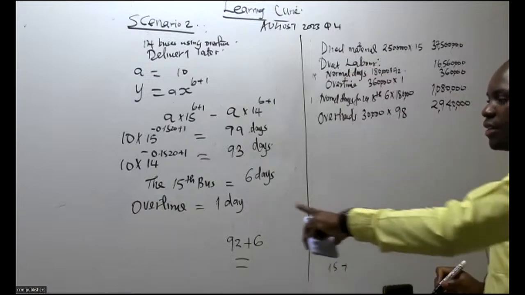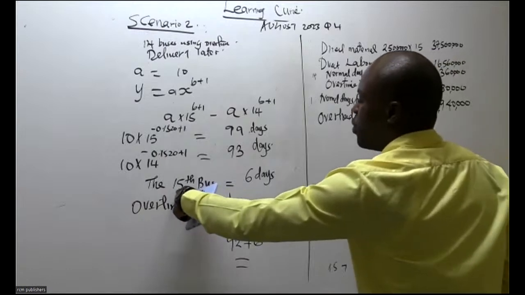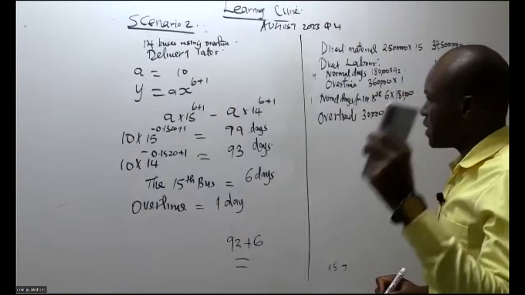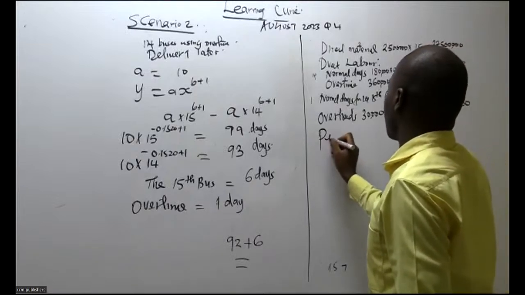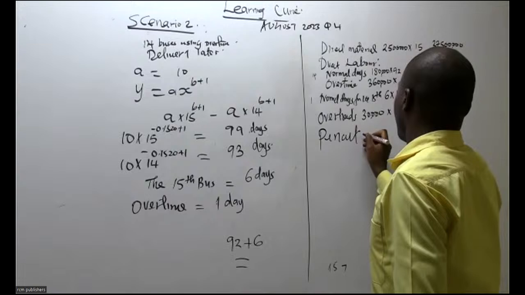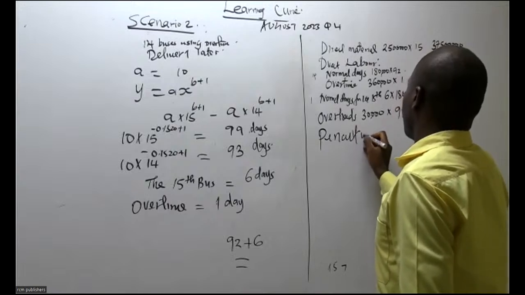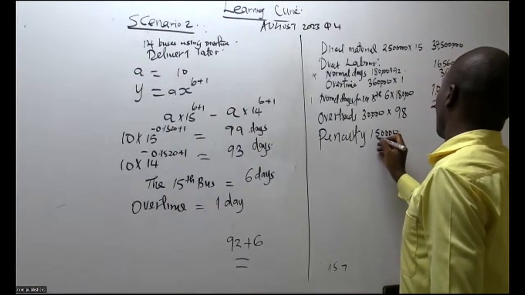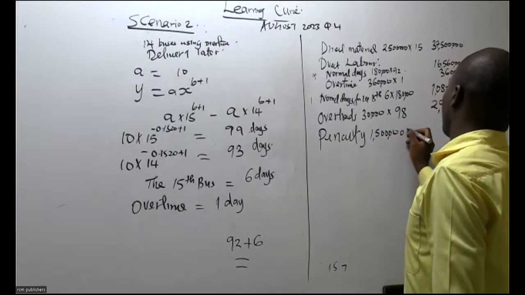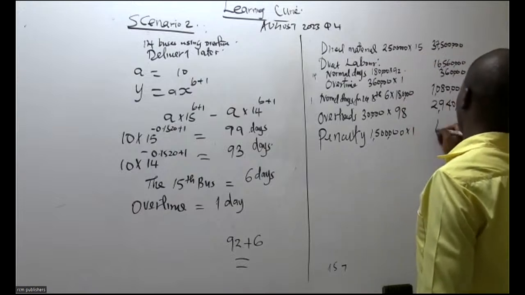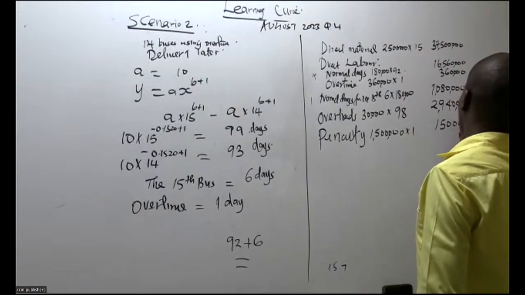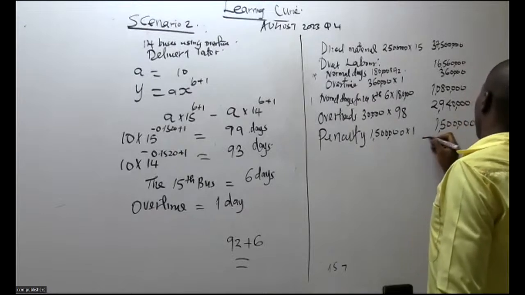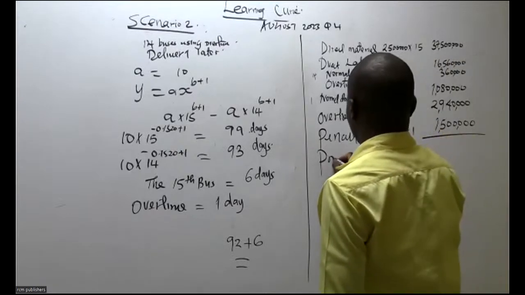forget that this one bus was delivered after the deadline. And if you make that mistake, there's a penalty of 1.5 million per bus. And they only delivered one bus after the deadline. If you add everything, you should be able to get production